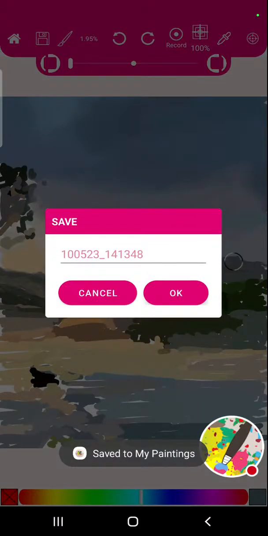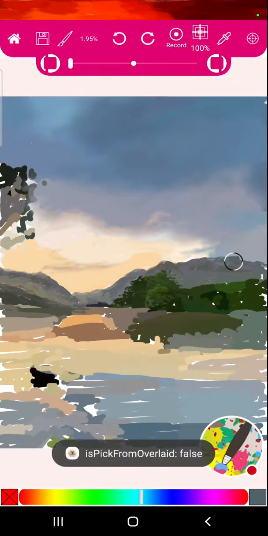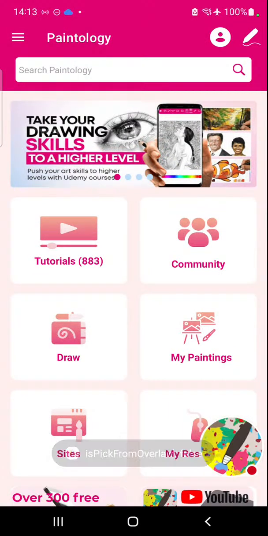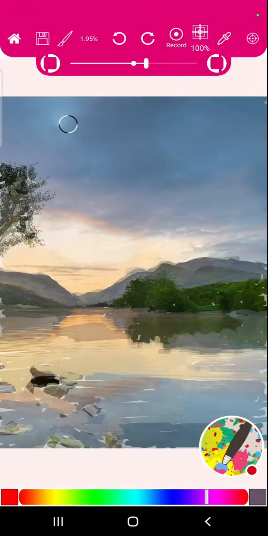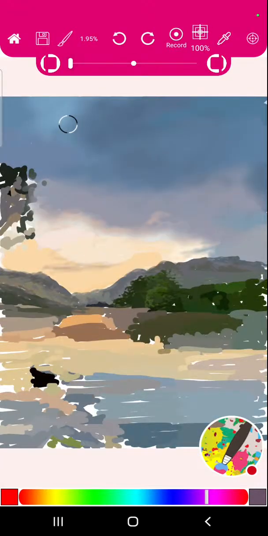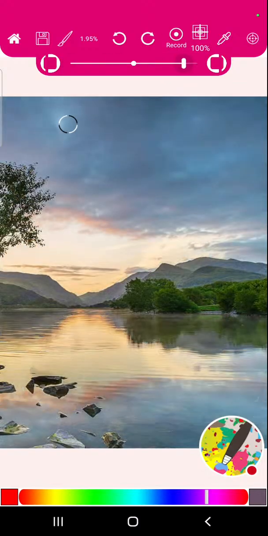Okay, so I have to report anything that I find back to the developer. You know, this is the way development of the app works. So okay, my paintings, and then I'm going to open up that drawing, and this is where we are. Yeah, where we left off. Okay, so now I've cleared the cache,